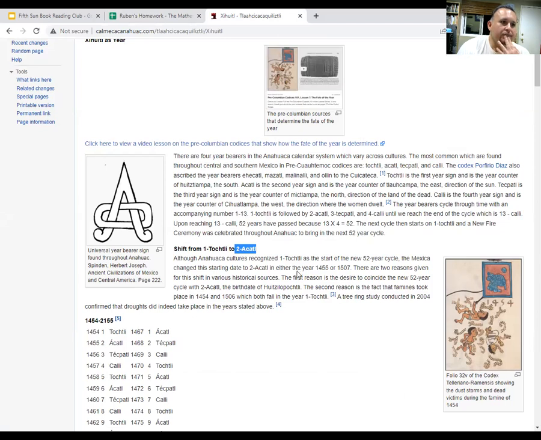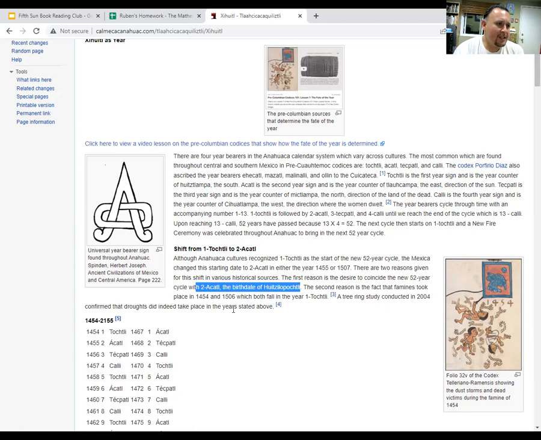Well, two reasons. Before that, it was one tochli, and then there was a dust storm and famine that occurred in that year, and so the Mexica said, "Wow, that's not a good place to start our 52-year cycle. Let's change it to two akat." The other reason they did that is because two akat is actually the birth date of xiuhpohualli, or the tonali. Okay, and